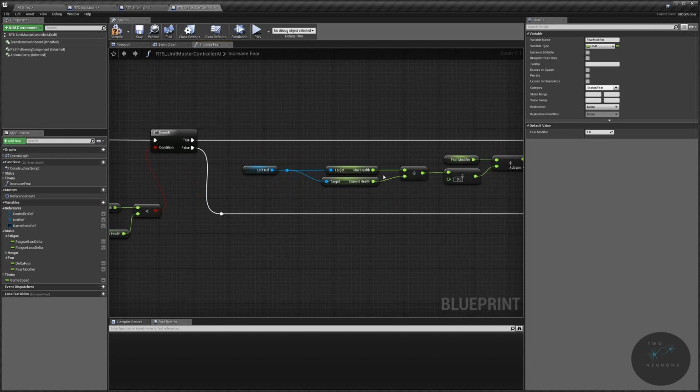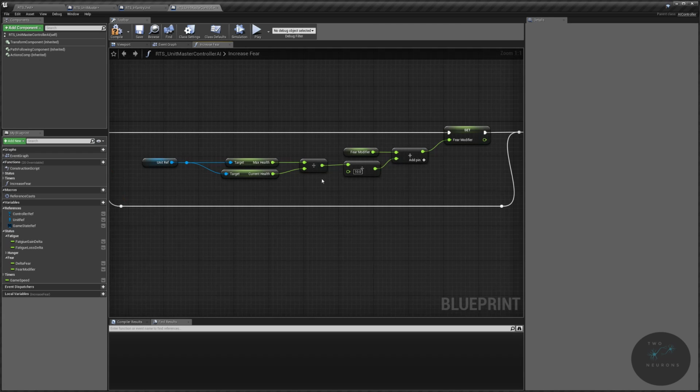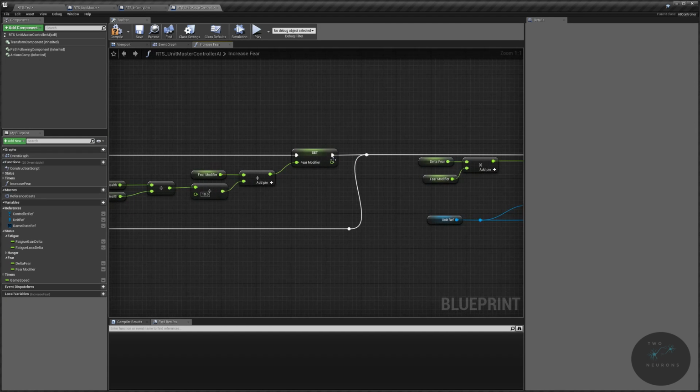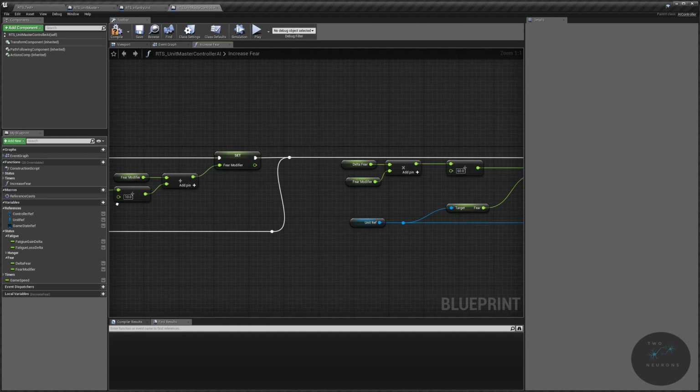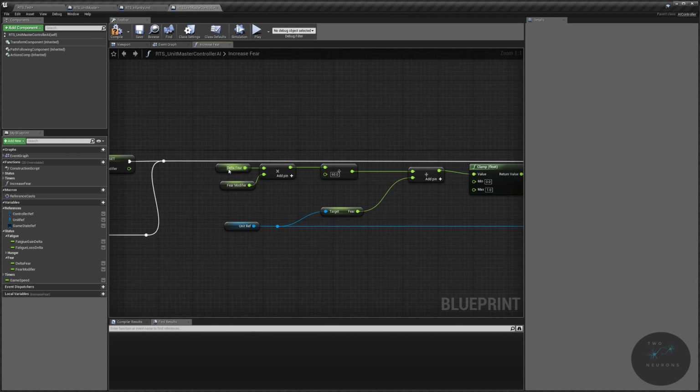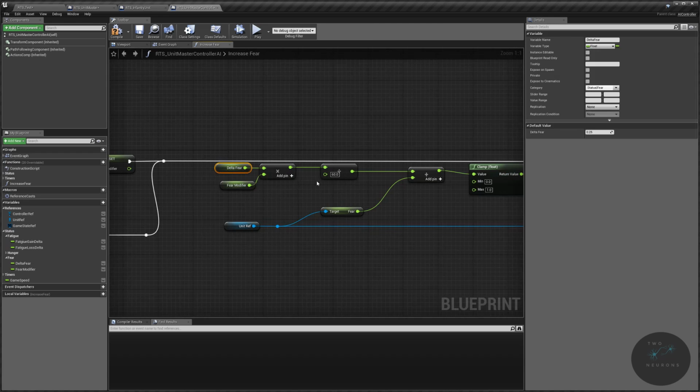If the unit is injured, then we get the proportion by which the unit is injured. We take that proportion and we divide it by 10, and we add that into our fear modifier. If the unit is not injured, then we bypass the fear modifier based on injury. And any way this goes, we end up setting our fear at least by 25% per hour